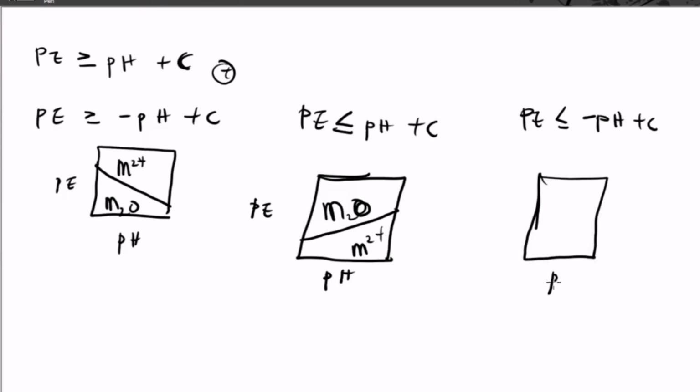And this will be our pH and this will be our PE. Since this is negative, it means that the gradient is going to move from this side to here. And since it's a backward reaction,